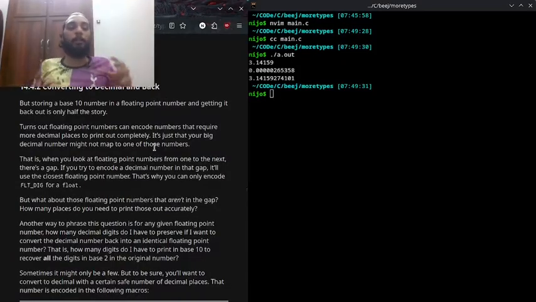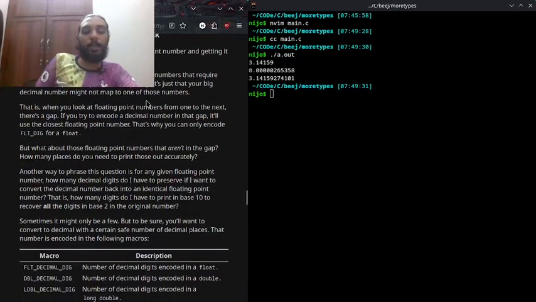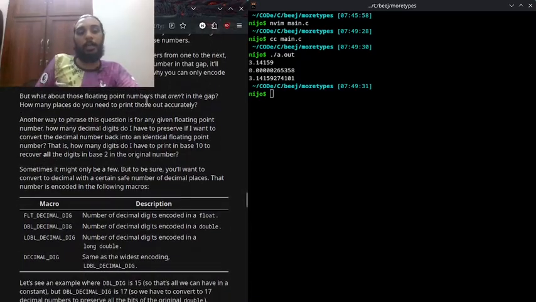Converting to decimal and back, but storing a base 10 number in a floating point number, that is base 2, and getting it back out is only half the story. Turns out floating point numbers can encode numbers that require more decimal places to print out completely. It's just that your big decimal number might not map into one of those numbers. That is, when you look at floating point numbers from one to the next, there's a gap. If you try to encode a decimal number in that gap, it will use the closest floating point number. That's why you can only encode FLT_DIG digits for a float. But what about those floating point numbers that aren't in the gap? How many places do you